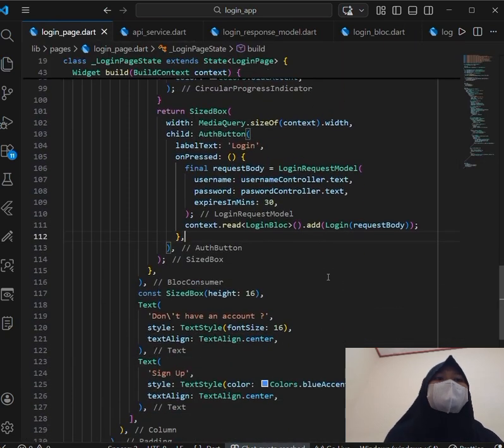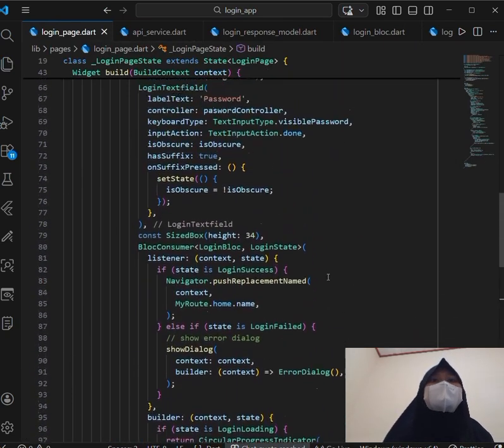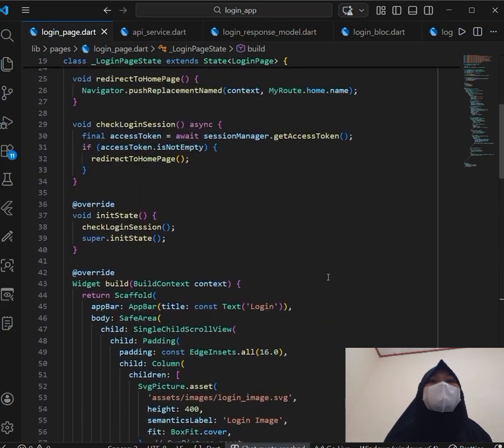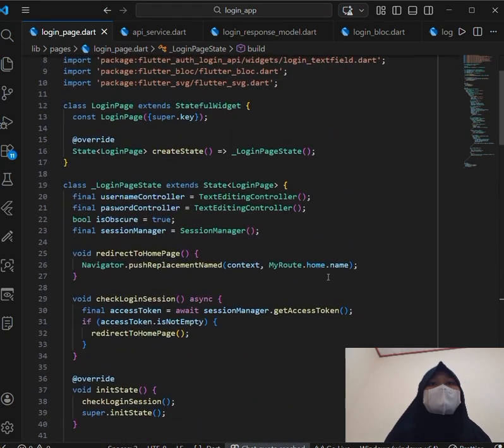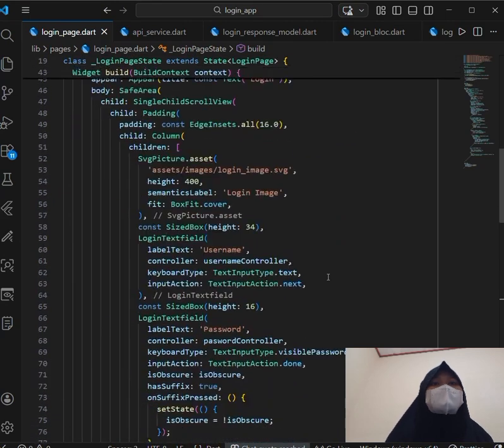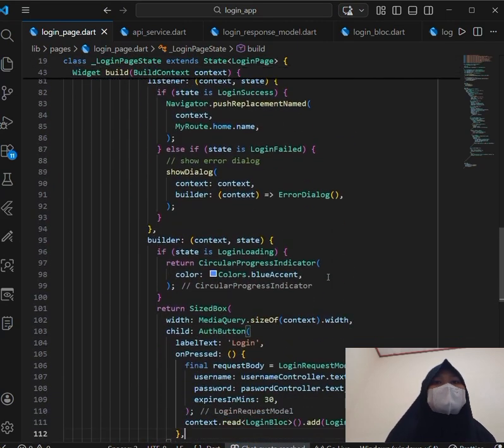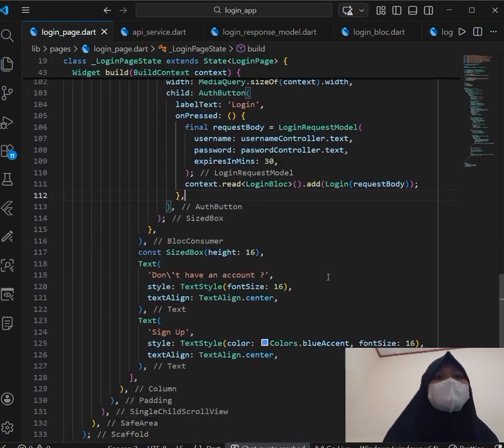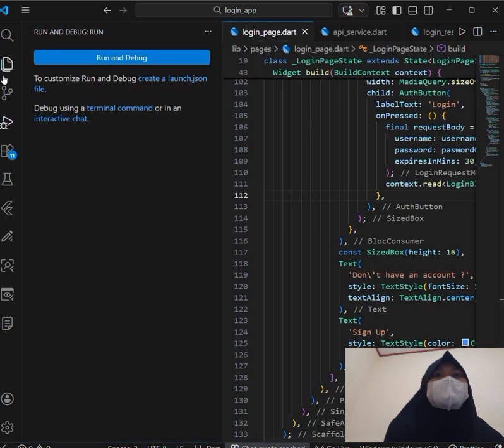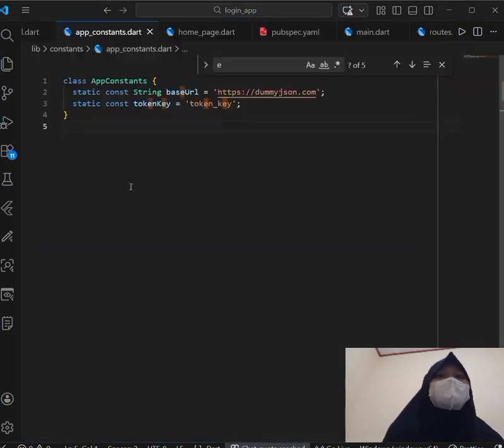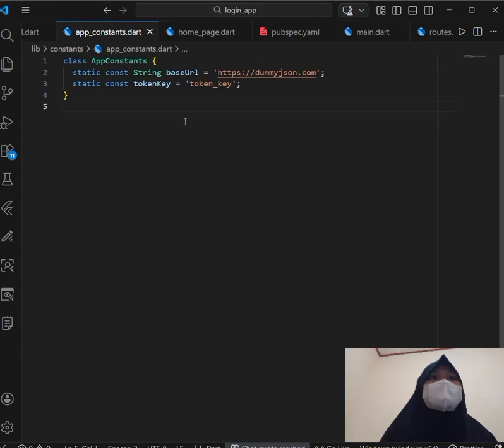It is used when saving data such as the login token. If you accidentally type a different key when saving and retrieving data, the data might not be found. Using constants helps avoid those mistakes.